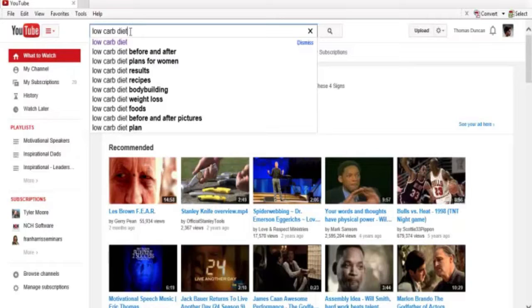Now if I type in low carb diet, I can see that these are the searches that people are using inside of YouTube. As you may know, YouTube is considered to be the number two search engine in the world. So people are using YouTube in order to get information, and you want to make sure that you are creating relevant videos. Based on the keywords that we have in, these are the things that people are searching for, and Google Suggest will sometimes give you keywords that do not exist inside of Keyword Tool. These are up-to-date results. They are as close to real time as you can get.